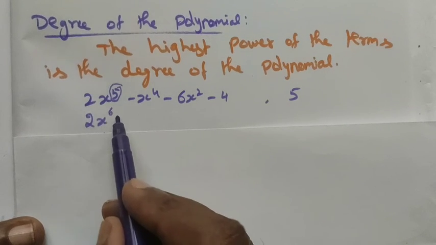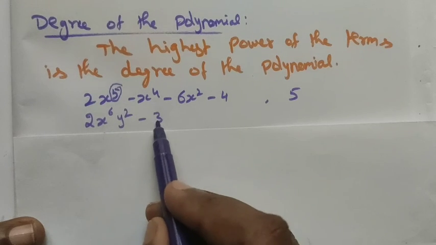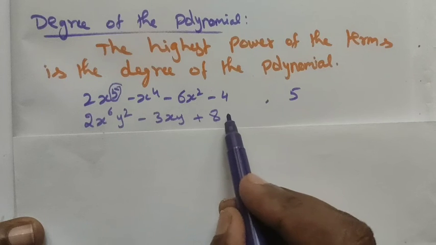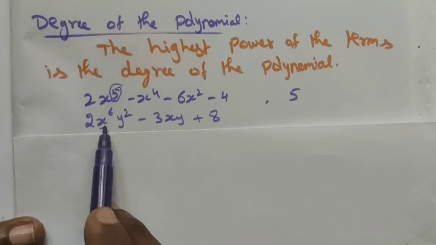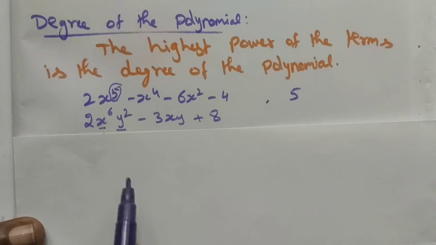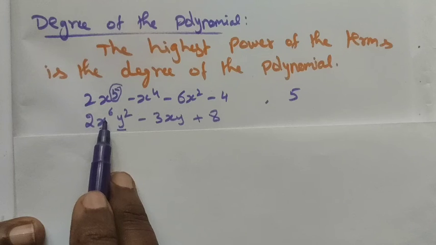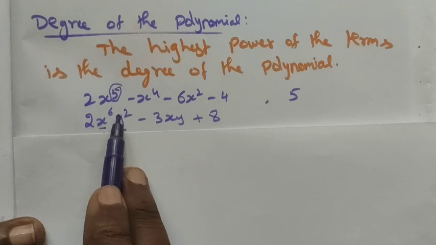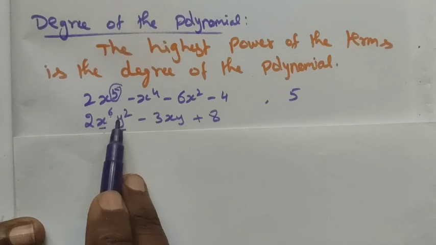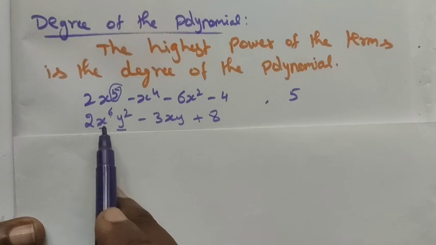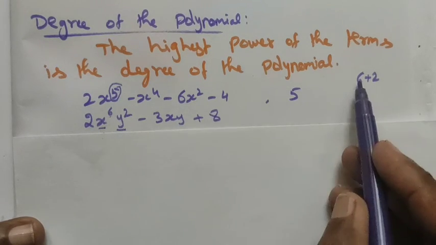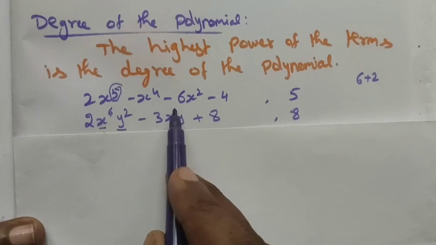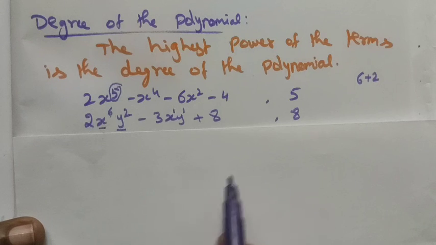And 2x power 6 y power 2 minus 3xy plus 8. Like this, another polynomial is given, and here we have to find the degree of the polynomial. Here x and y, we have two variables, and the sum of these exponents, that is the powers, is equal to the degree of the polynomial. See, x power we have 6, y power we have 2. So the degree of this term is 6 plus 2, which is 8. Here we have x power 1, y power 1. 1 plus 1 is 2. So the degree of the polynomial is